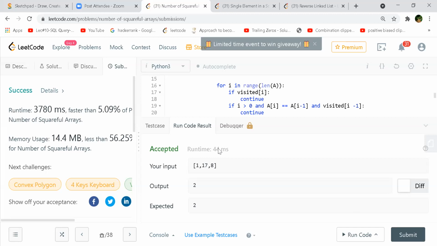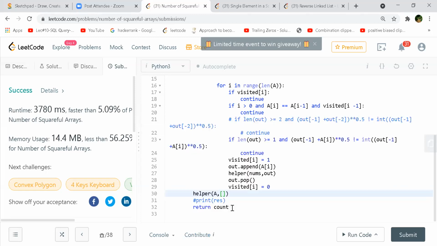How much did it get reduced to? It was 7,000 ms, now 700 ms. But still there might be a better way to do it. It didn't reduce much, right? It's like about 1 second. Now it's getting 3.7 seconds.